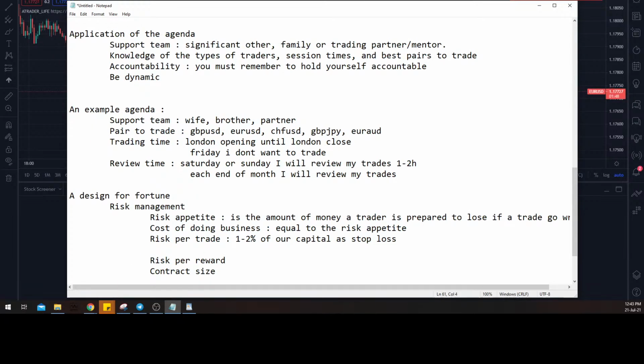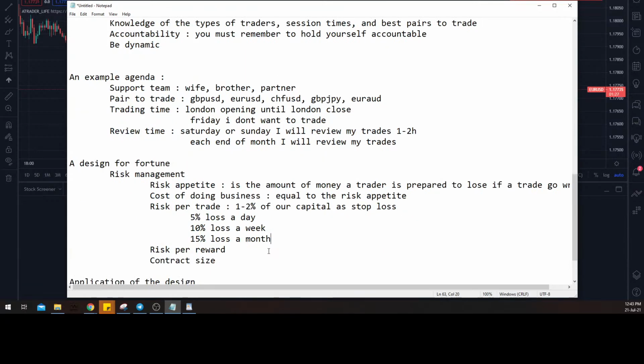And we can put here, for example, maybe a maximum of 5% loss a day, 10% loss a week, and 15% loss a month. So if you are going to reach these values, you are going to stop trading. So we stop trading. Now, beyond the risk per trade, you have to understand the ratios and the win percentages. So here we are going to have the win percentage plus the ratio